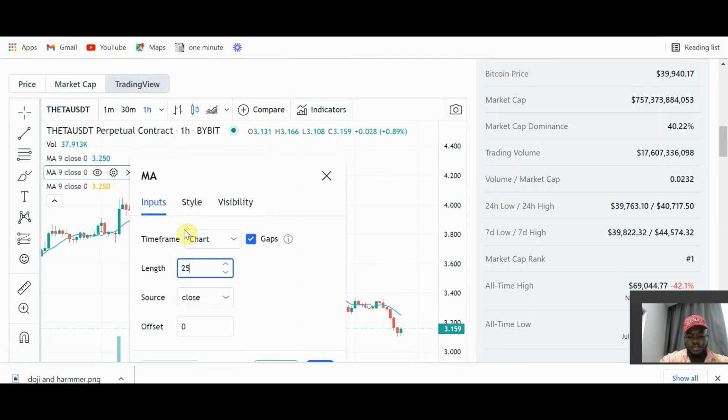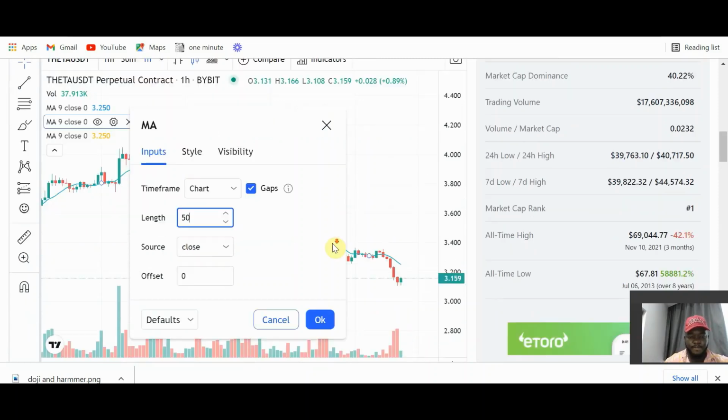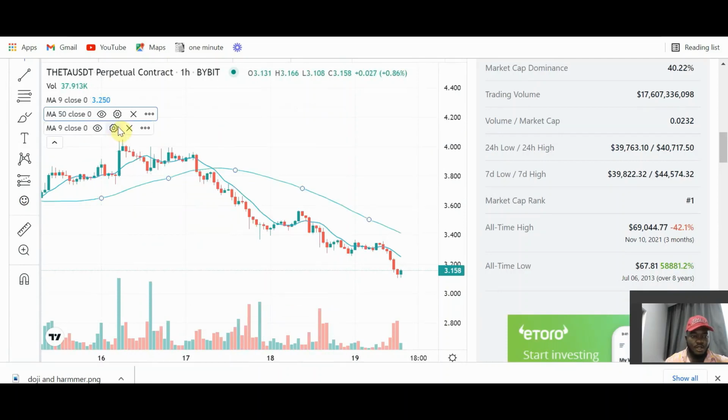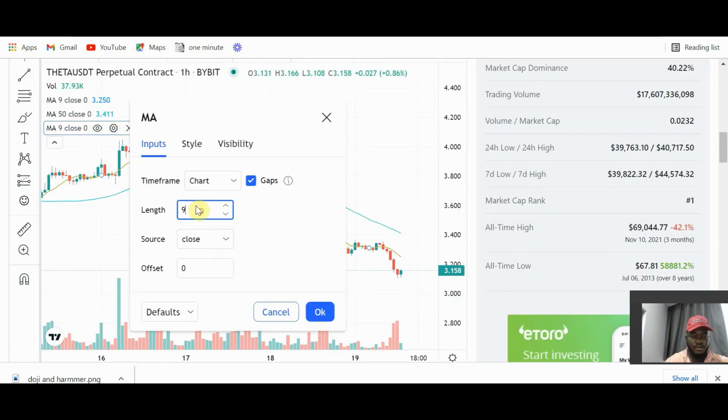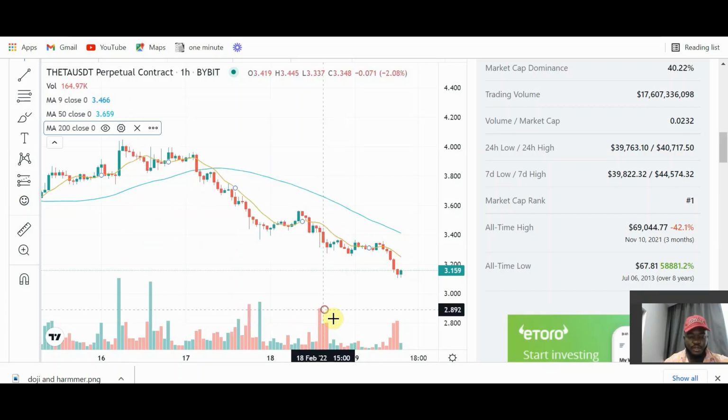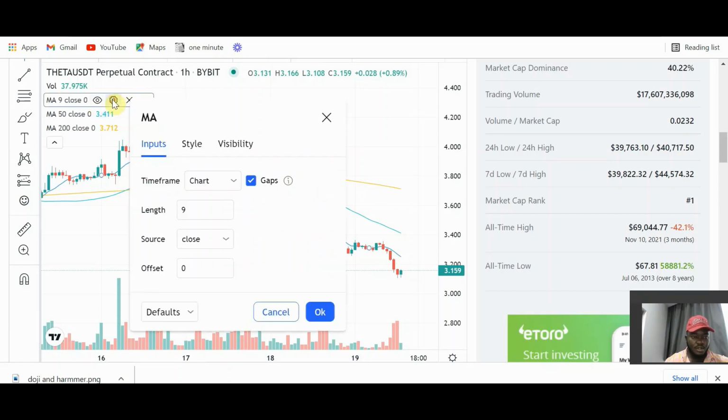This one is the 50-day moving average, and 200-day moving average, and